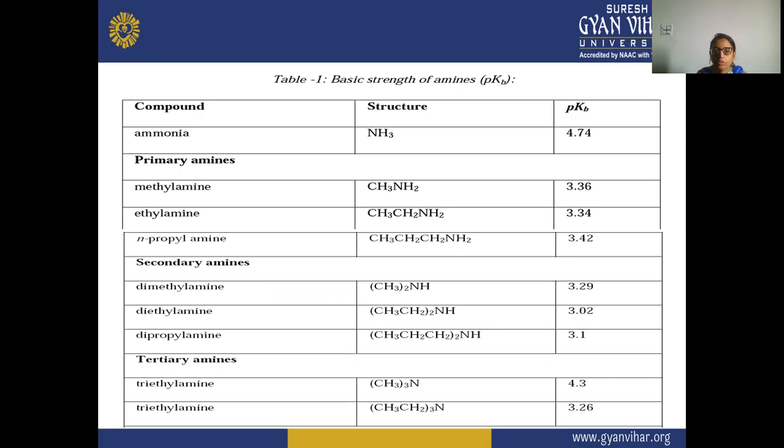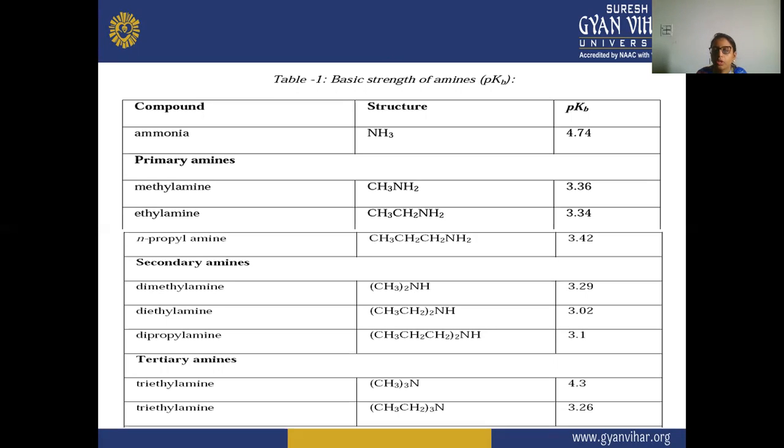Its pKb is 4.74. In the case of primary amines, methylamine has 3.36, ethylamine has 3.34, and N-propylamine has 3.42. So these are the pKb values of methylamine, ethylamine, and N-propylamine. In the case of secondary amines, dimethylamine, that is (CH3)2NH,